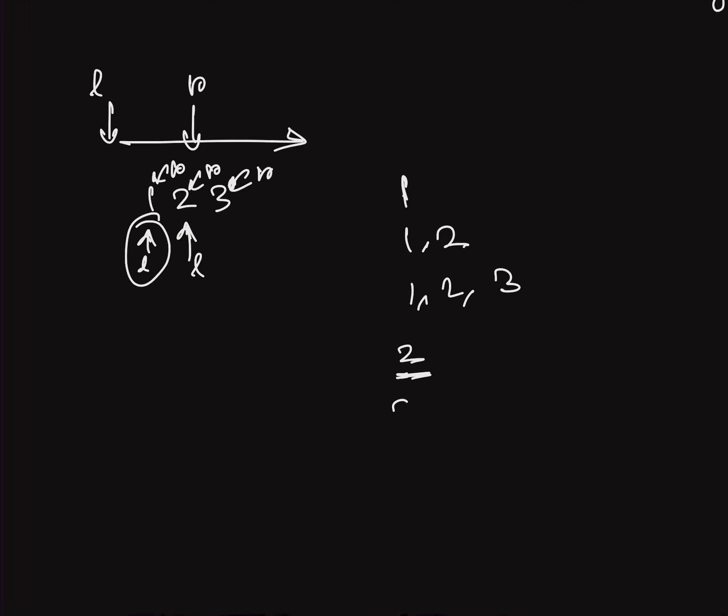So this will be 2. Next I will shift the rightmost pointer to the right again. So this will be 2 3. In this way we can generate the subarrays. So the time complexity for this generation of the